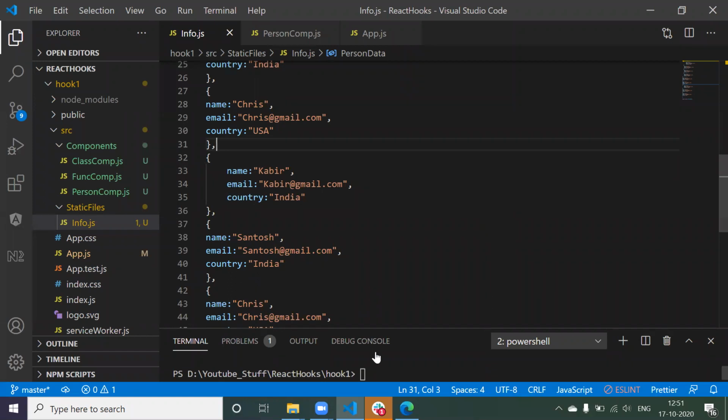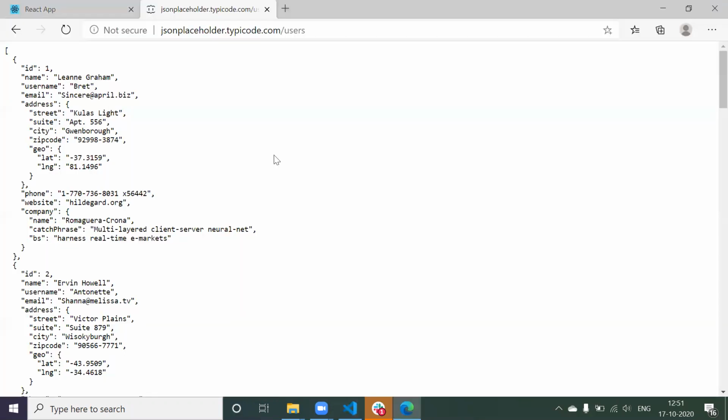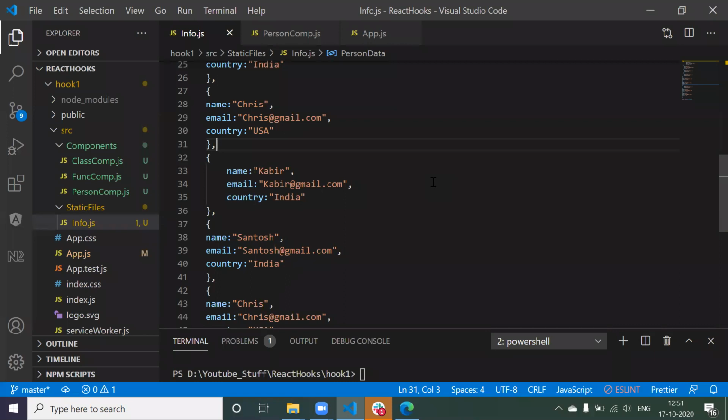To get this information, first of all, we have to send the request, right? So how can we send the request? Using Axios, which means we have to use the Ajax concept. That we will see tomorrow. Normally, this data is present in the database. It means we are going to perform a task where we fetch the data from the database and display that data here.